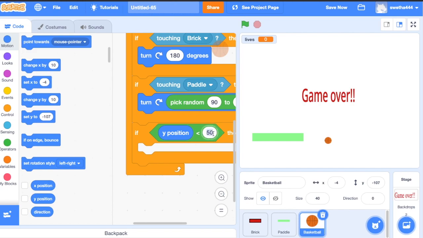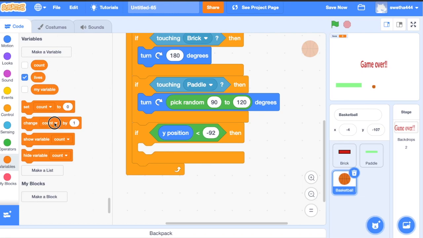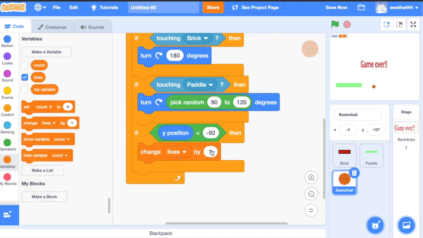If ball Y position is less than -92, then click on variables, change lives by -1. Each time the ball Y position is less than paddle Y position, we are going to reduce the ball lives.